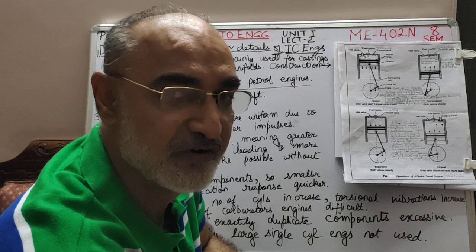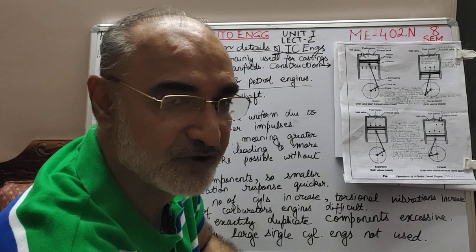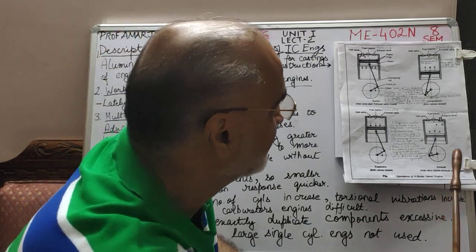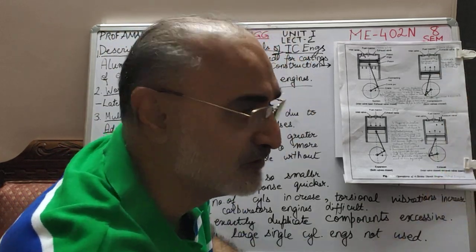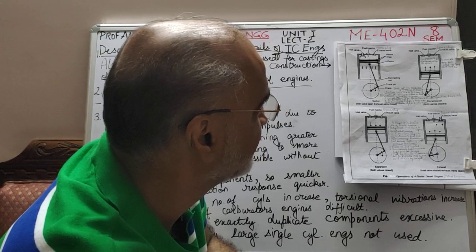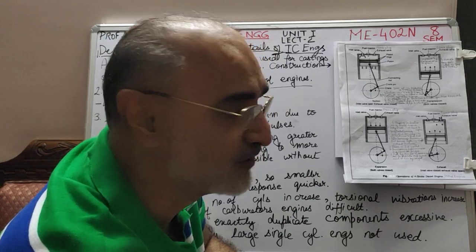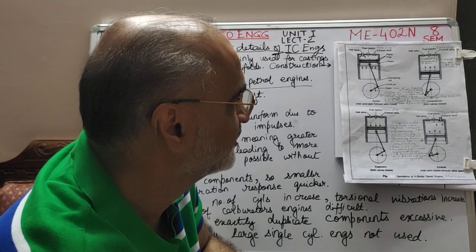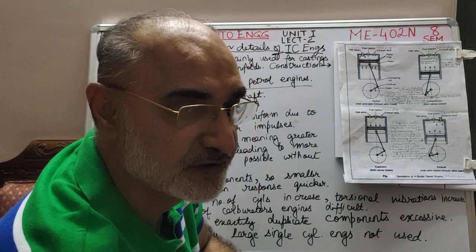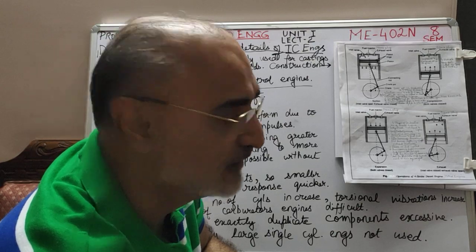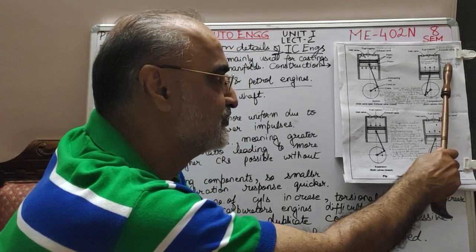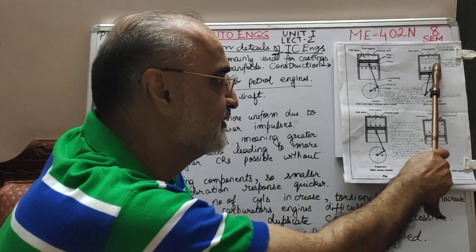And the compression ratio would be of the order of 22:1. A pressure of about 3500 kilopascals is achieved and the temperature rises to about 600 degrees centigrade. Remember that the ignition temperature of diesel is 400 degrees centigrade. So once this temperature, 600, is more than that, and pressure is also increased,